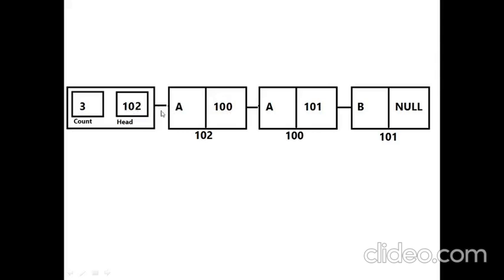Again you have to maintain the order. You should first copy this head address into the link field of the new node. After that you have to copy the new address into the head. If you do it in the wrong order, you will lose 100, and the entire list starting from 100 will be disconnected from the linked list. So this is the order to be followed. Count is incremented, the address in the head is changed to 102, and the link field of the new node is now having the address 100.